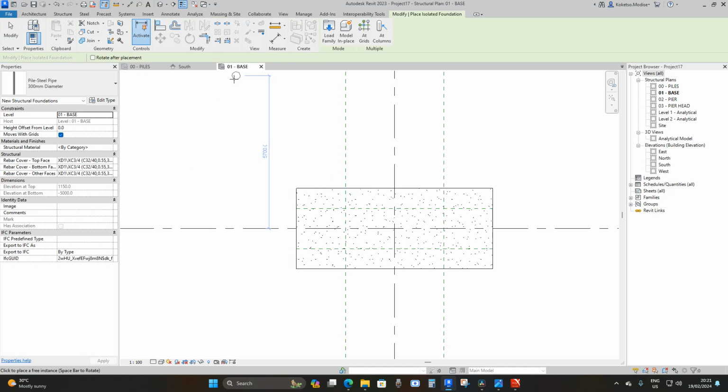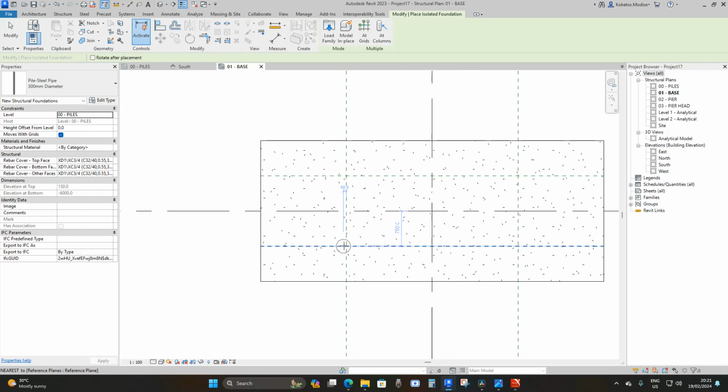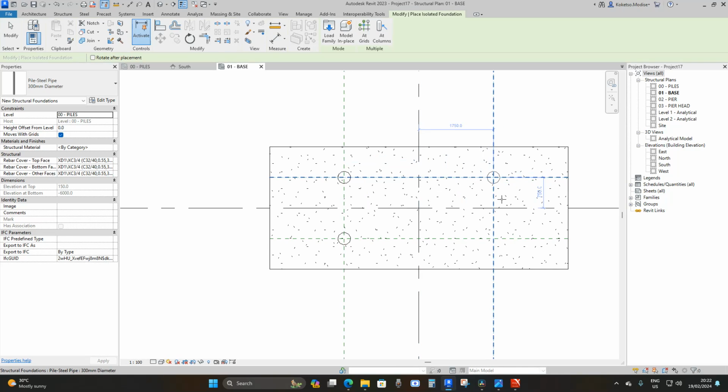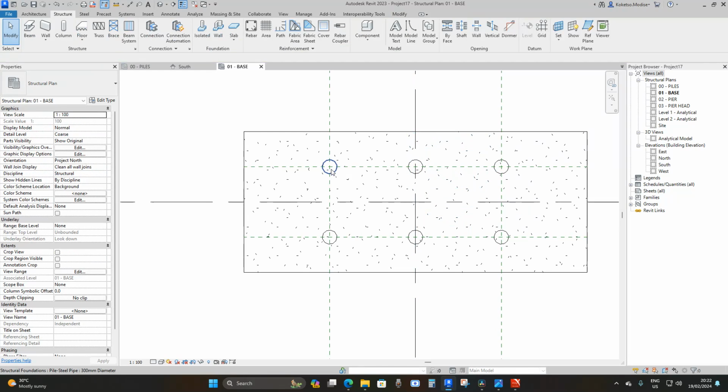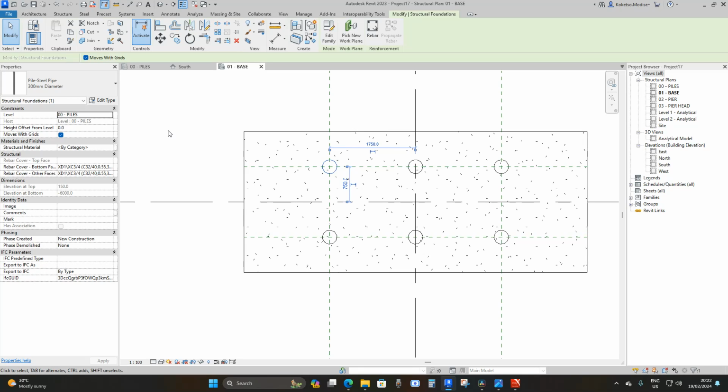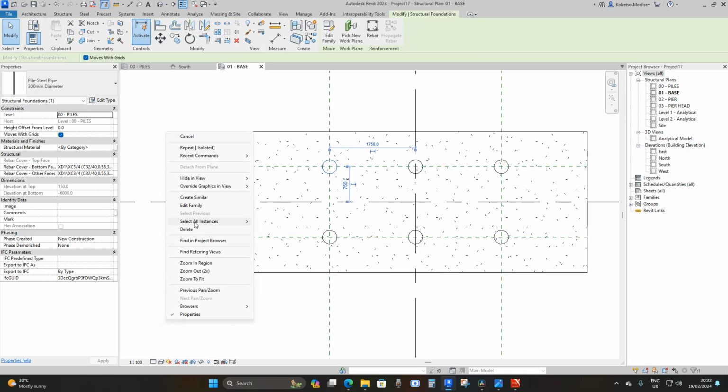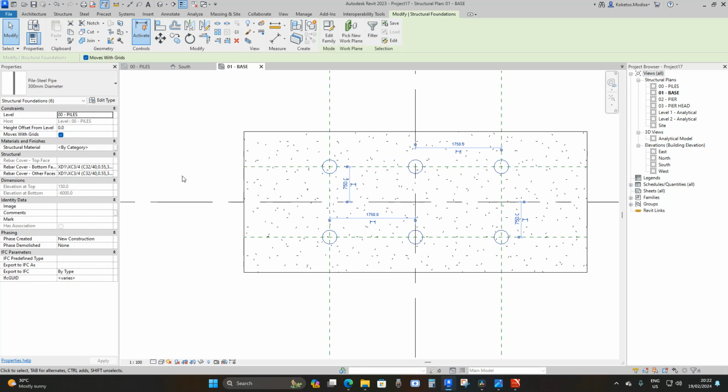Remember, we are still under the base structural plan, so we're gonna set our level for the piles to piles. And then we're gonna place them where these reference lines intersect. And then we're gonna place them where this reference line intersects with these grids. Perfect. So we're gonna select one pile, and then right click, select all instances visible in view, and then go